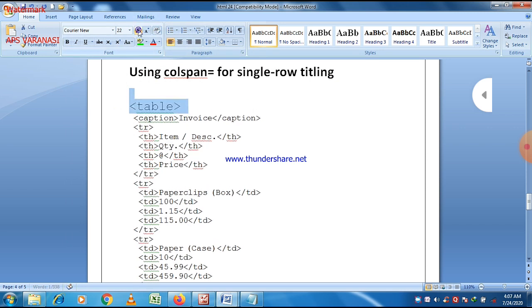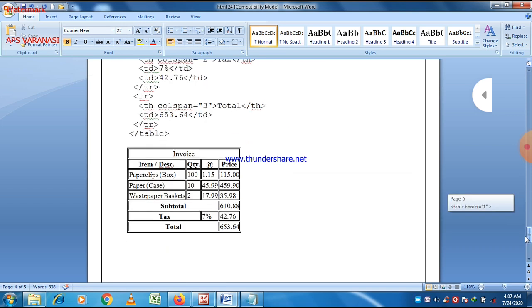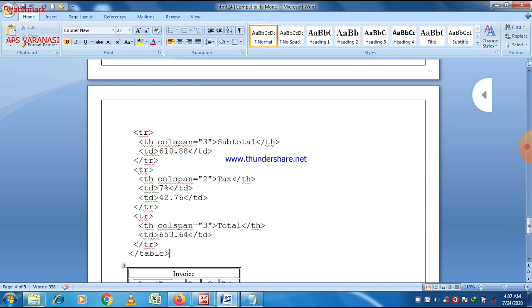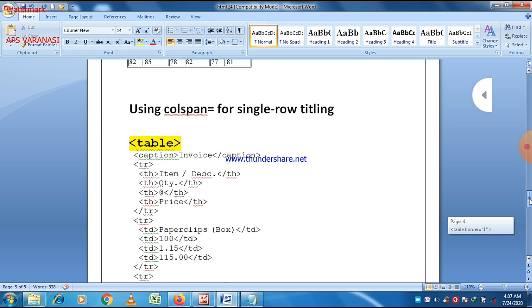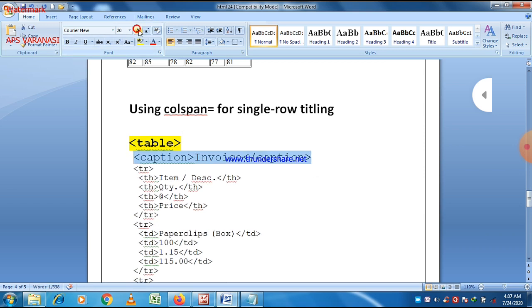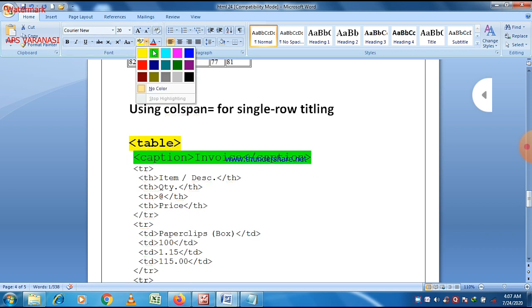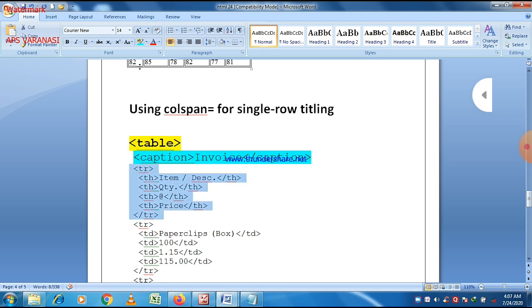We just started with the table tag, because we know that we should always write the HTML and body tags in our program. So let us focus on the table tag. There is a table tag here and it should be closed. At last you can see the closing table tag. Then caption is basically the title of the table. If you want to put a title on the table, you can easily do it using the caption tag. It is a container tag, and whatever you write within it will be the title of the table.